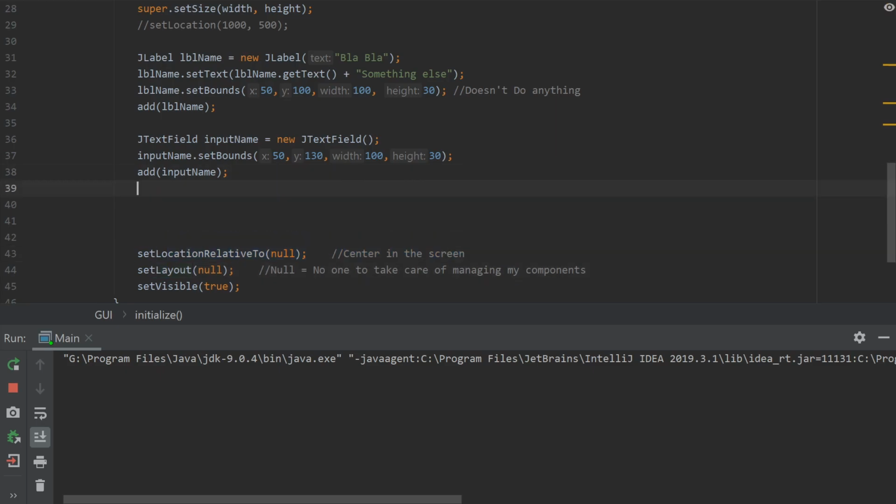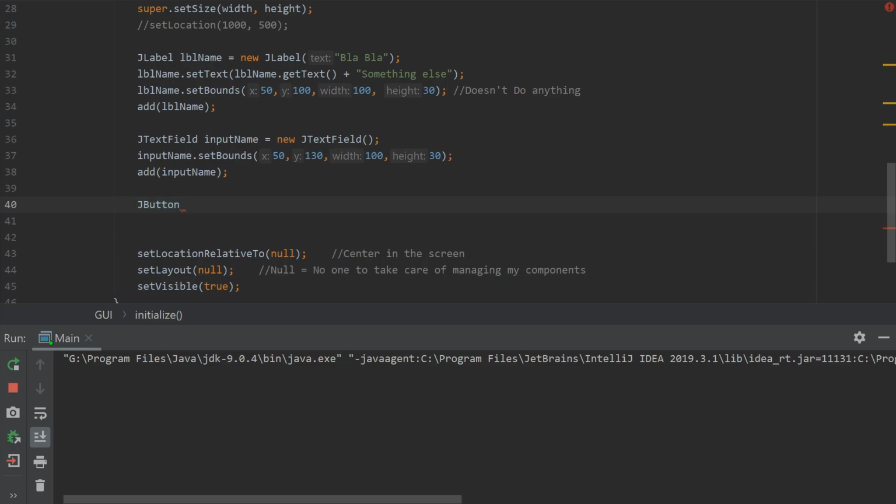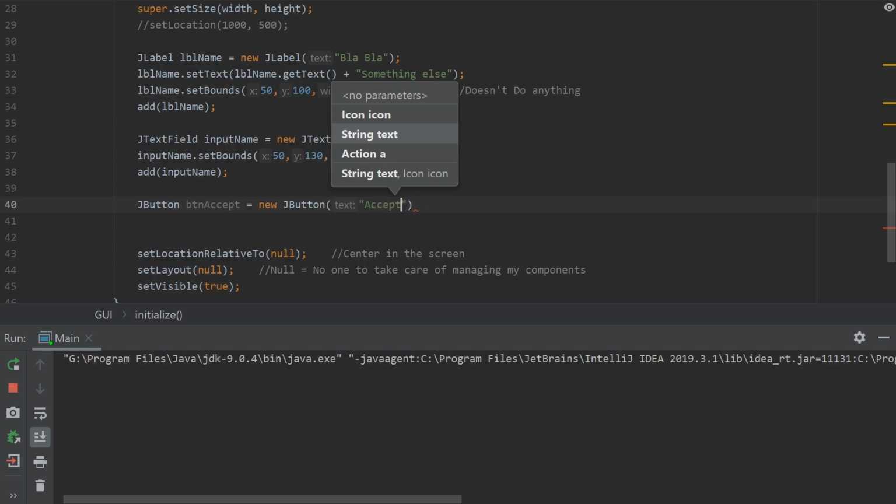Let's add one last thing. And again, there's a lot of different components, but let's add a JButton. btn, let's say accept. And maybe we want to modify this in a second. And btn stands for button. And again, I'll do Control P, and you'll notice there's a lot of overloads for this constructor as well. I could set the button to have an icon. I could have it as a string, an action, whatever that is, a string text with an icon, etc. In this case, we'll just write accept,